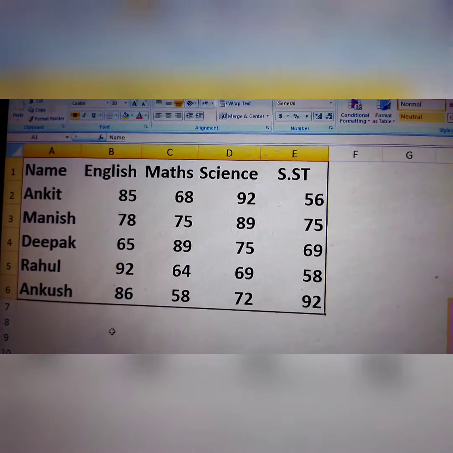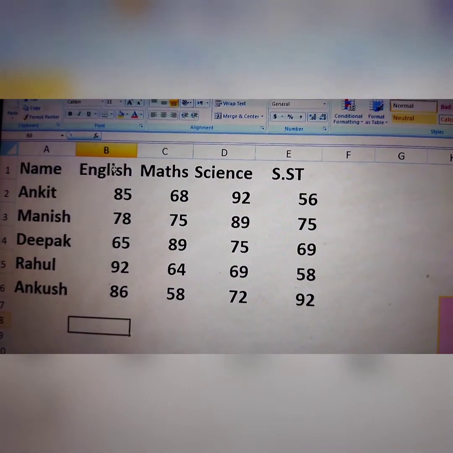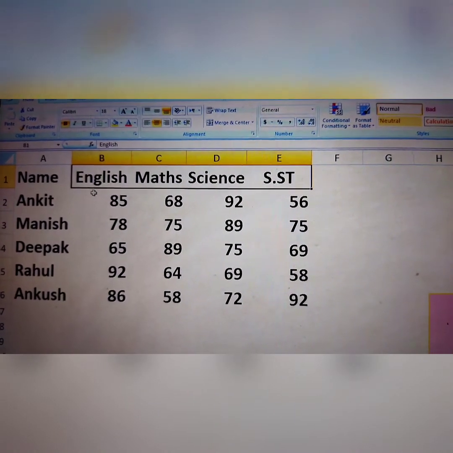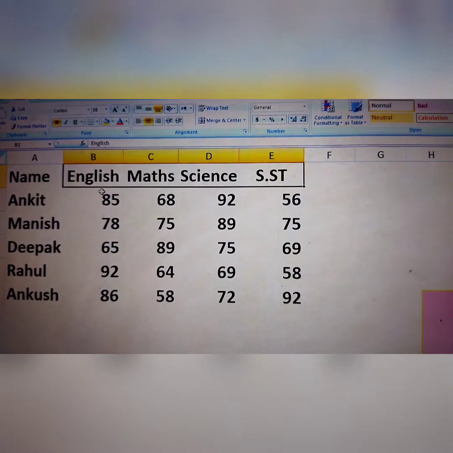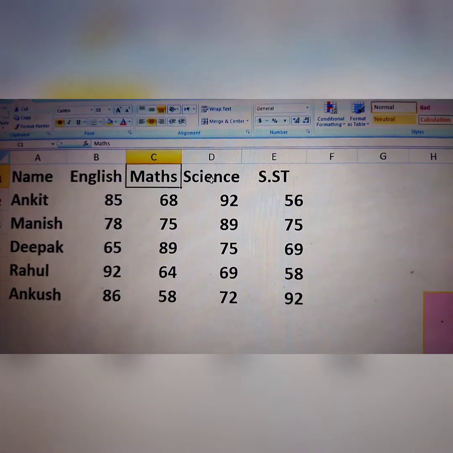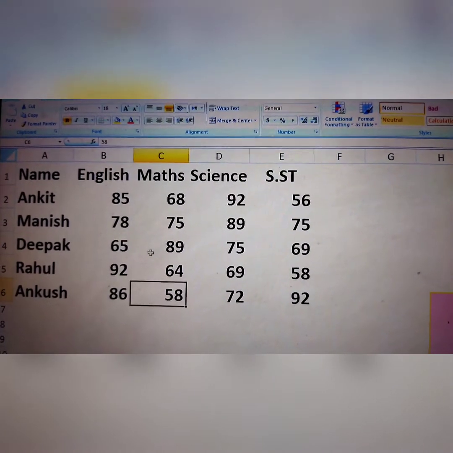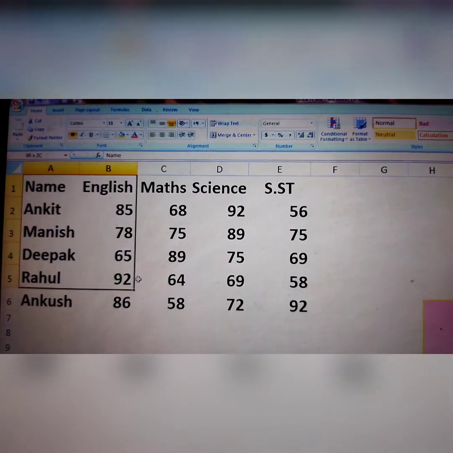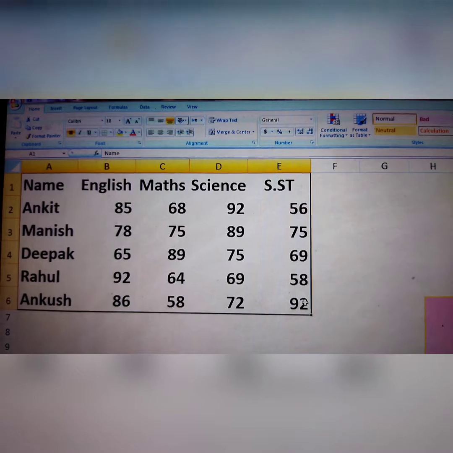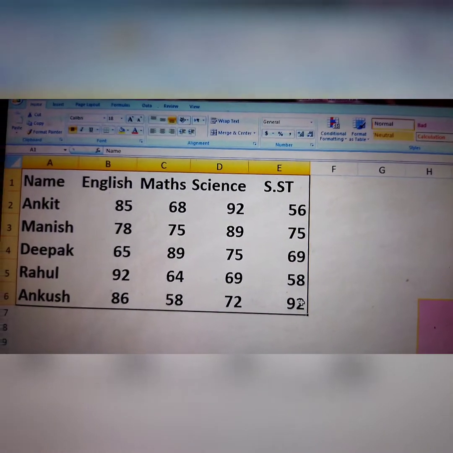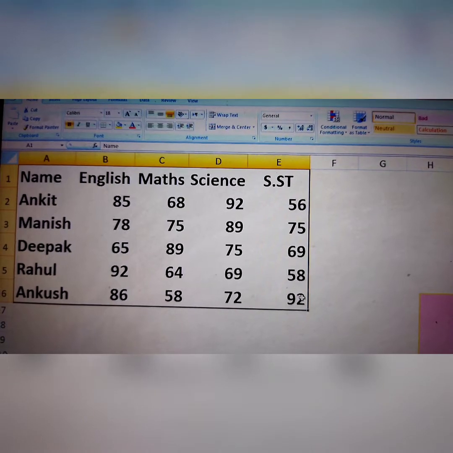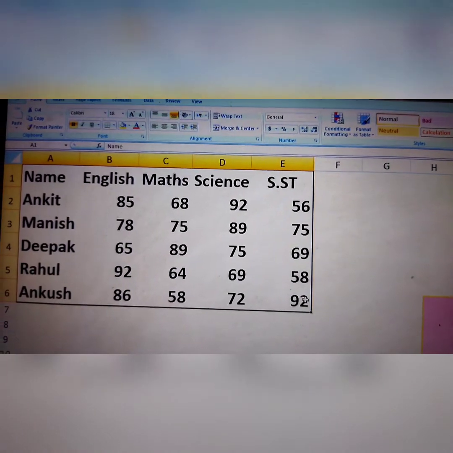Next, we enter the subject names: English, Maths, Science, SST. Then enter the marks, all of you. So you can see how to properly enter our data in an MS Excel sheet. So this is the data of a student, basic subjects with marks.